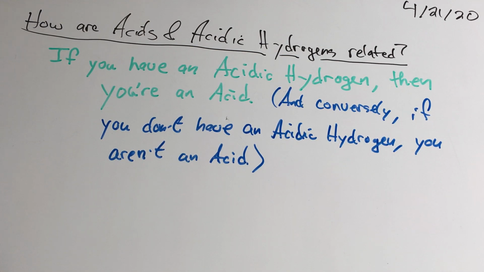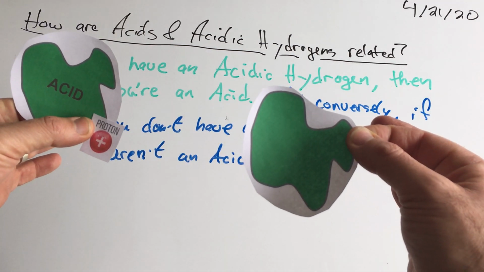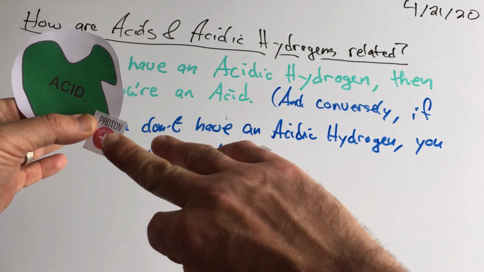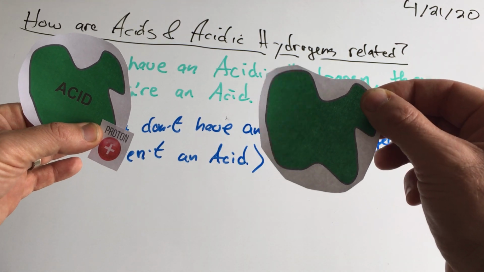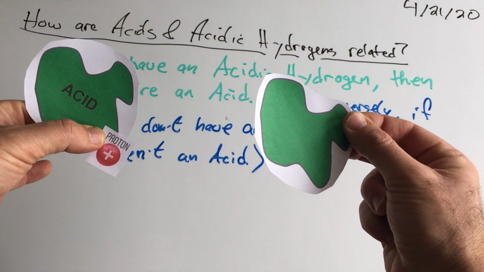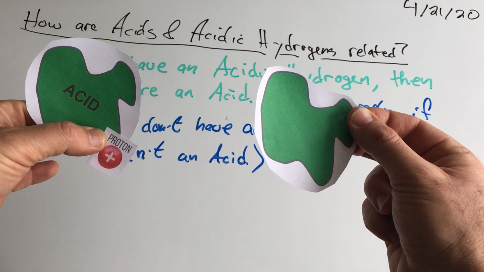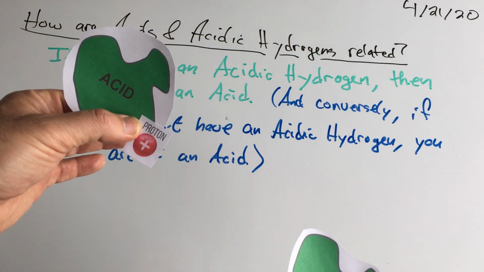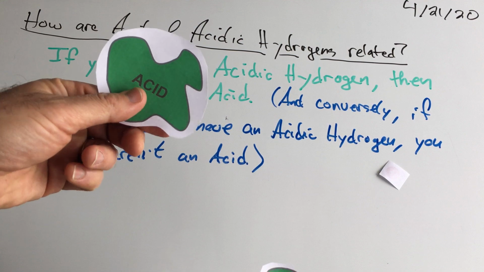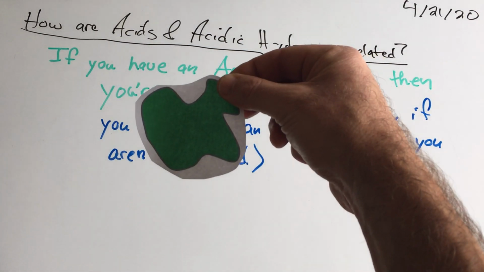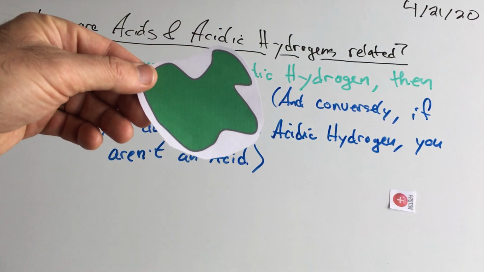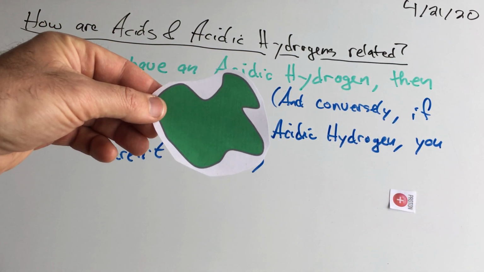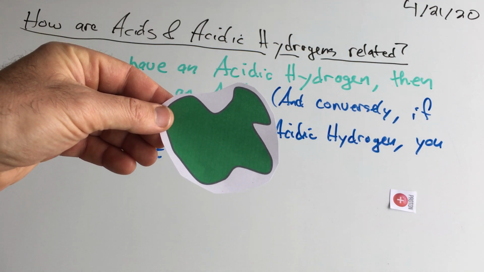So the only difference between this substance and this substance is that this one has an acidic hydrogen, so it's an acid. This substance may have had one and given it away, but since it doesn't have it anymore, it's no longer an acid. So the moment it gives its acidic hydrogen away, take that, whatever substance you are, oh, it loses its name. Oh, remember the good old days when I had my acidic hydrogen and I was an acid? Yeah, those were the good old days.